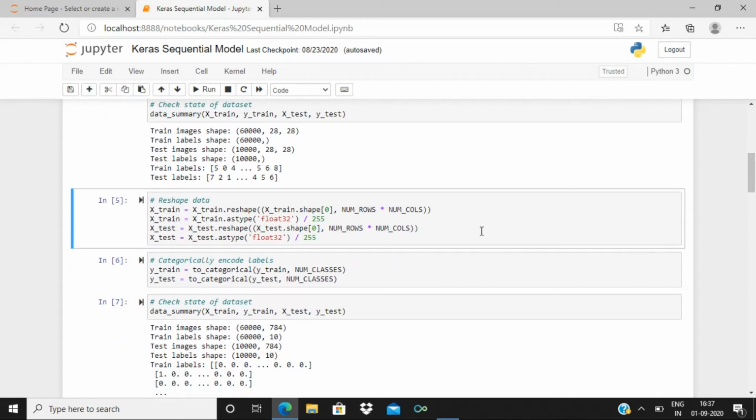So we are basically reshaping this training data. The same will be carried out on top of the test data also. We convert this two-dimensional data into single dimensional data by reshaping this. So what we did here is we are just passing the xtest.shape, and I'm reshaping this by multiplying the number of rows into the number of columns, which is basically 28 cross 28. So let's click run.